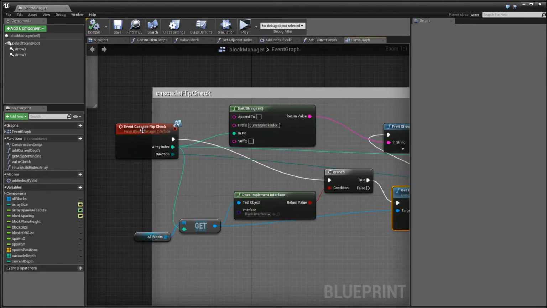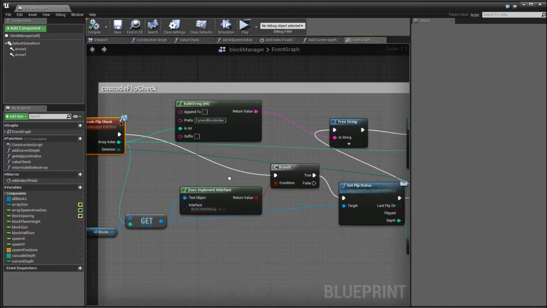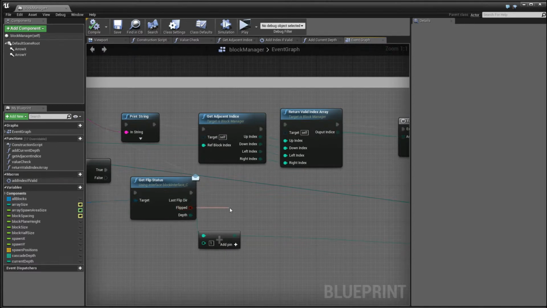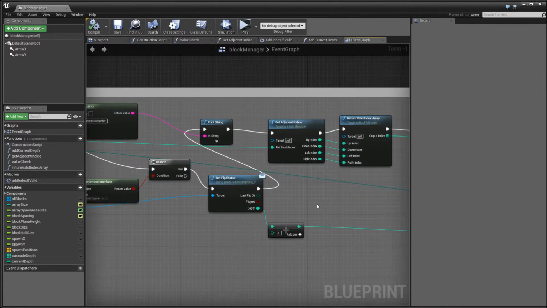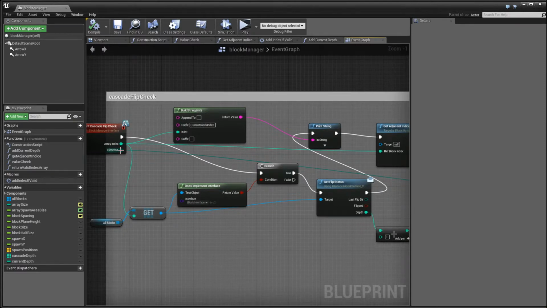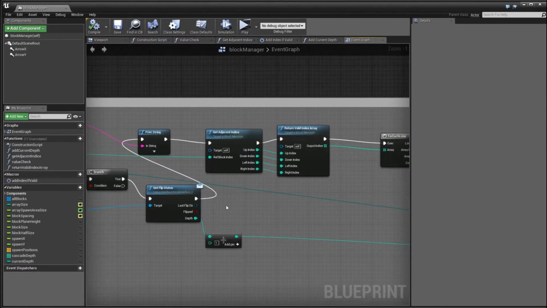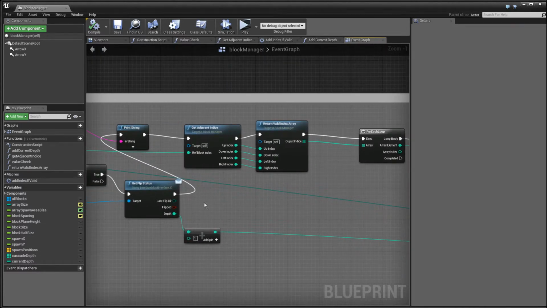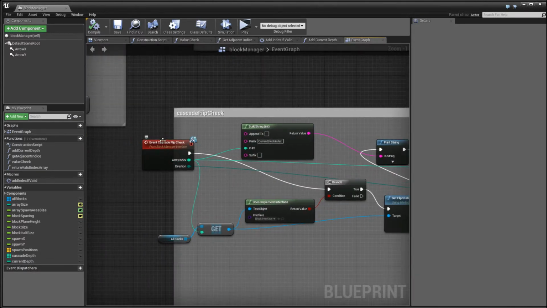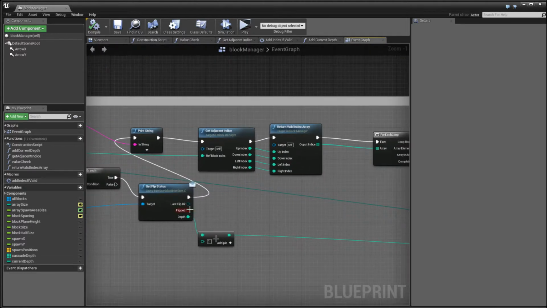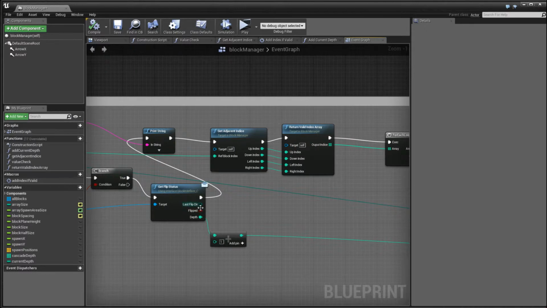This function will only be called after a block is flipped. So when we get the flip status, this is always true, and this might be whatever direction it sets to. And it's also here as well, so we don't actually need this one. We don't actually need the last flip direction because it was already in the event call, in the direction here, so we don't need those, but it might be helpful for other functions, so we'll keep those two.